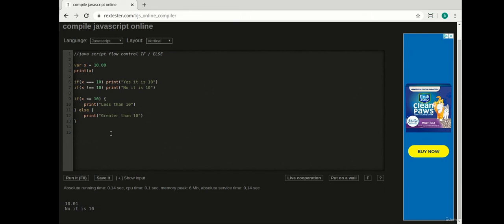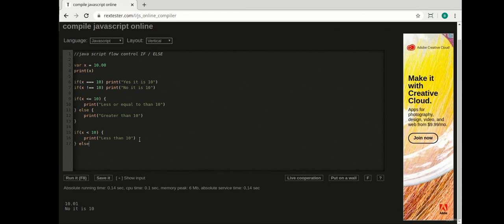And we can do, last but not least, the else if. So I can say if x is less than 10. And then I'm just going to do the less than 10. I should say less than or equal to. Then I'm going to say else if, and then we have to give it some sort of check. There we go. So if it's greater than 10, I'm just going to say,